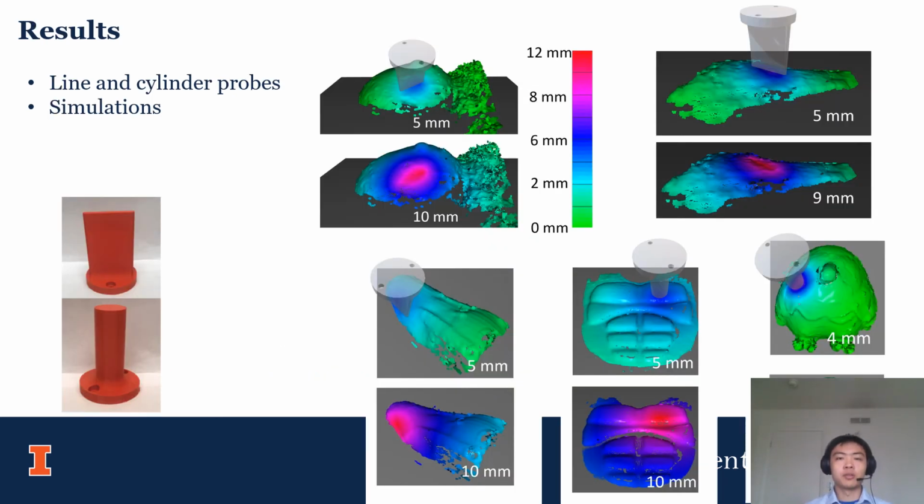Here we show some results for our simulator. We use line and cylinder probes throughout the project for testing and comparison purposes. On the right are pictures of these line and cylinder probes poking at the 5 different objects.